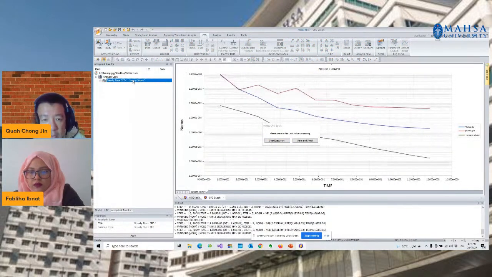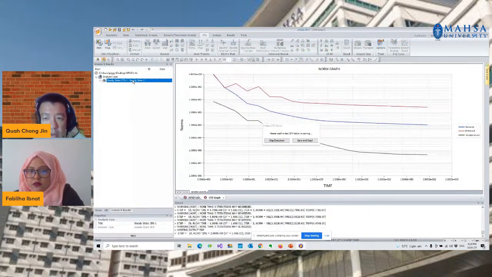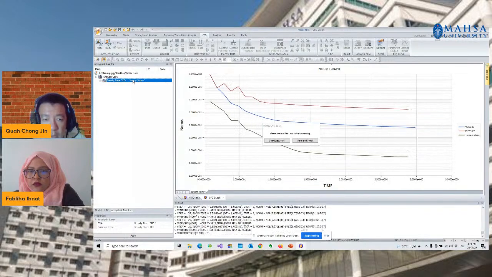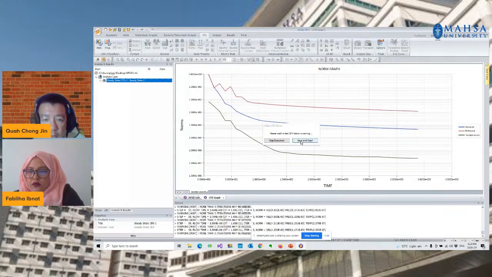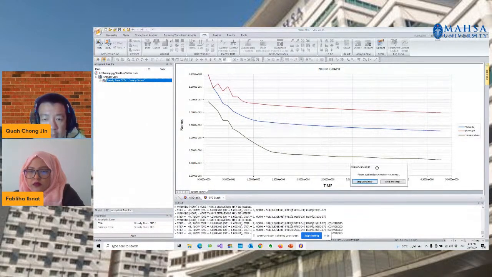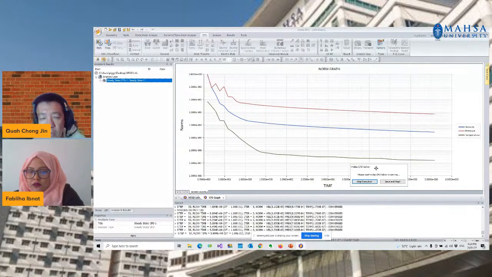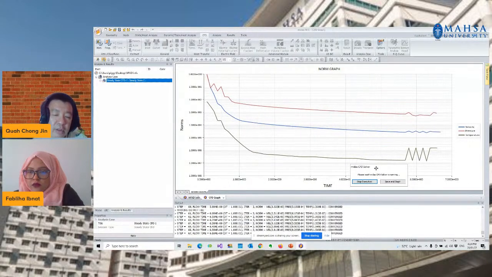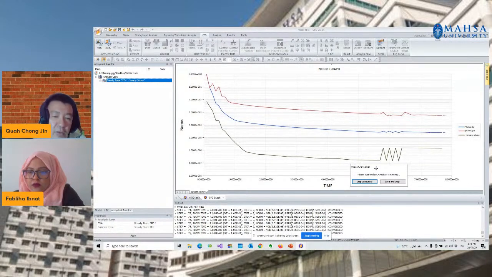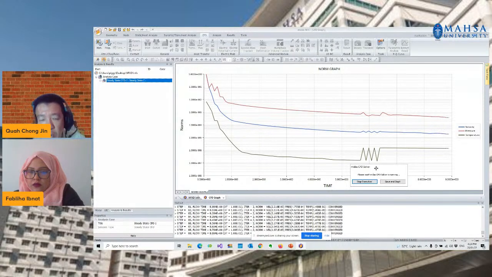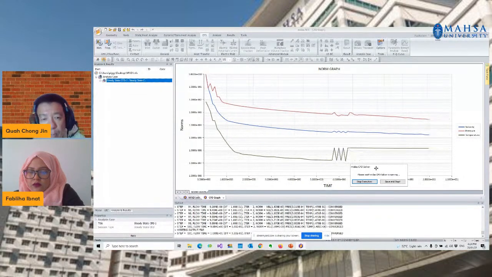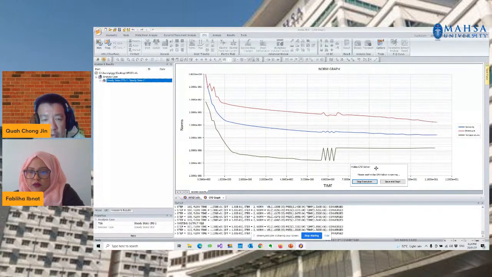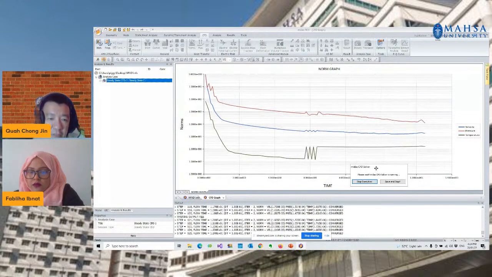All right, so this is what we are running, the so-called simulation. What we are trying to monitor here is the norm, or the residual, or we call it a truncation error, because in the finite element or computational fluid dynamics finite volume, we are approximating our partial differential equation with a finite differencing.